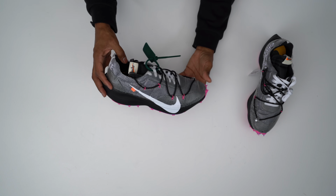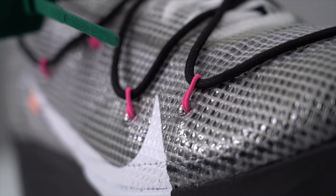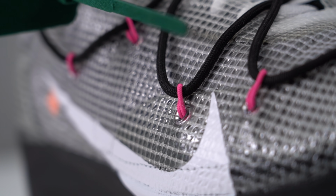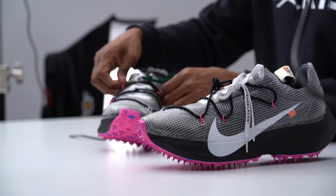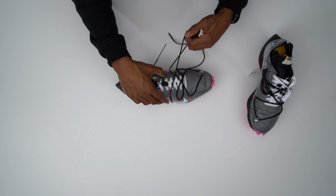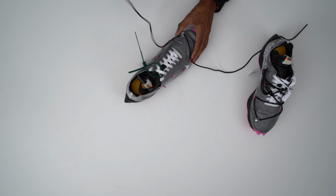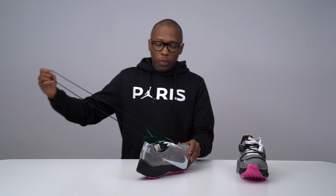But the Vapor Street does work for me. Now, the lace thing is a little weird. I'll admit to that. So what I was thinking was, maybe what we could do is just take the extra laces out. Maybe that'll help bring it back into the mainstream a bit, but I'm not even sure that's going to help,